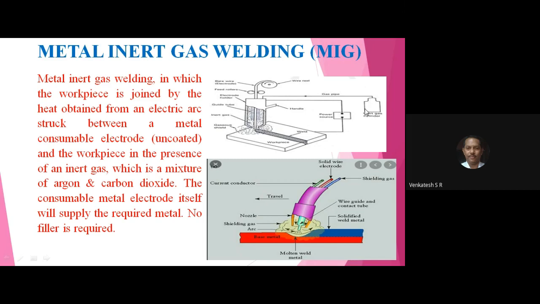And this is the gas supply, this is the power supply, this is the wire coil made of tungsten wire which is continuously supplied to the joint. This is the tube and this is the nozzle where you can supply the tube, and this is the guide tube which supplies the continuous supply of electrode, which is guided by the guide tube.